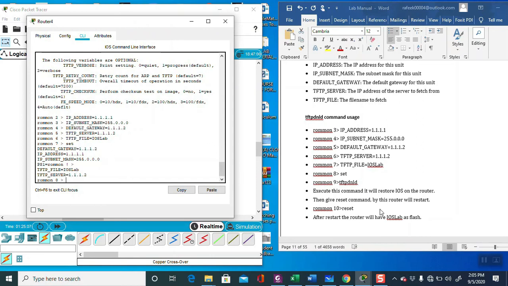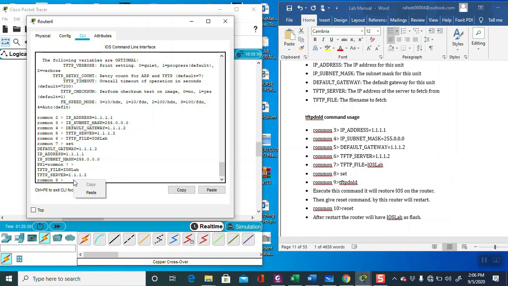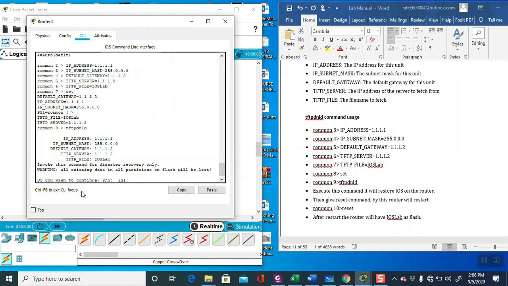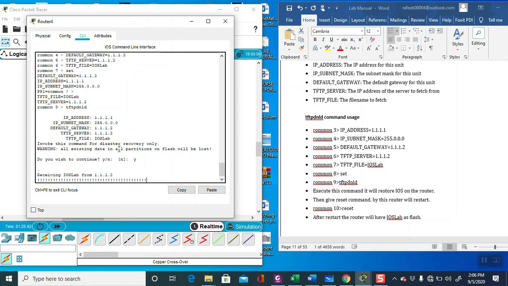Now we have to set, and then we write the command set, finish, then TFTP download again. Okay, now you can see all the commands have been set. Do you want to continue? Put yes. Okay, we have to wait.